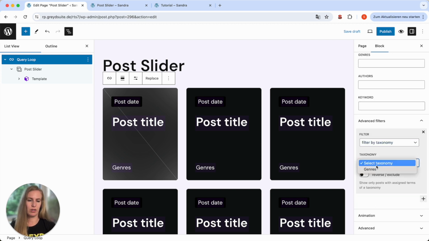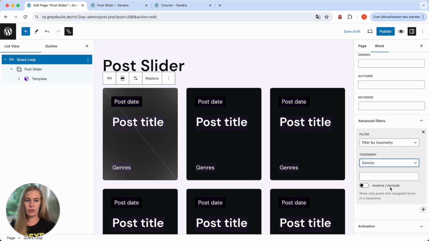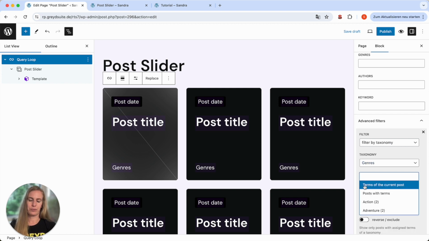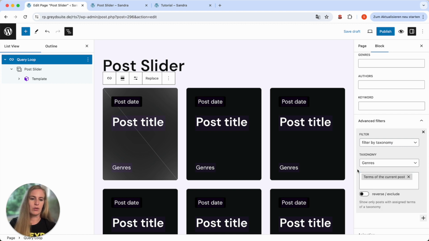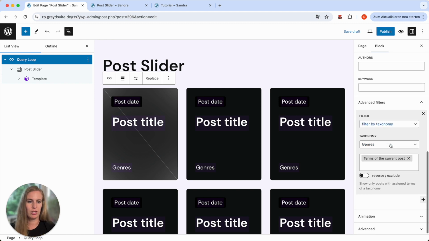For example, you can exclude this taxonomy, or you can also say the terms of this current post and exclude them. So you can, for example, say, okay, show me all posts of the same author, but don't show the initial one again with this option here.